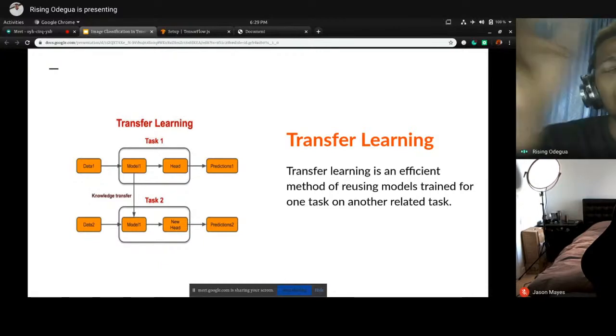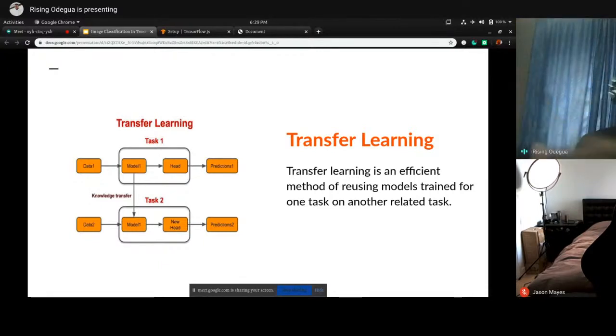So it already has a base knowledge of this kind of image. That means I can take this model that has been trained already and plug my own new classes into it, and leverage the existing power that this model already has.